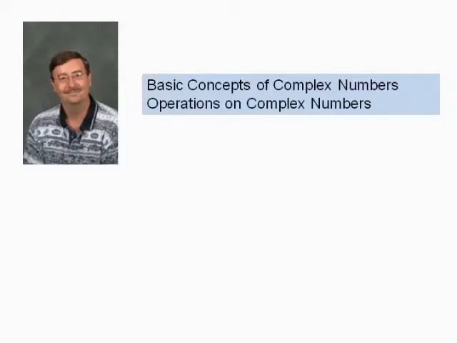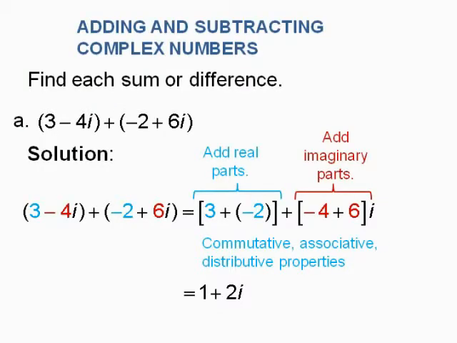Professor Bob Young back again, and we're going to continue our discussion of complex numbers, looking at some operations of complex numbers. And the Frenchman René Descartes, when he came up with this concept, started saying, oui, I can make my complex numbers behave like polynomials in algebra. So what he did is when you can add and subtract complex numbers,